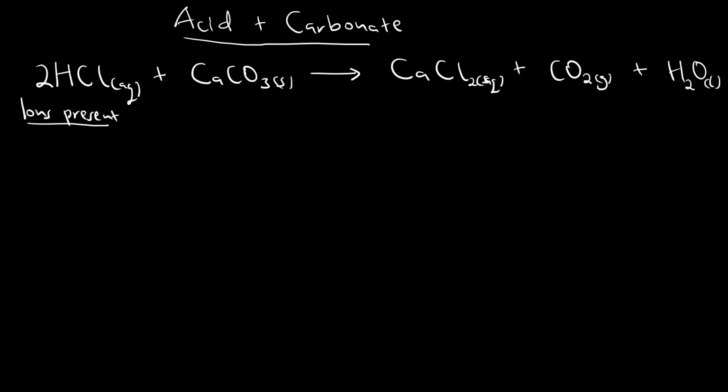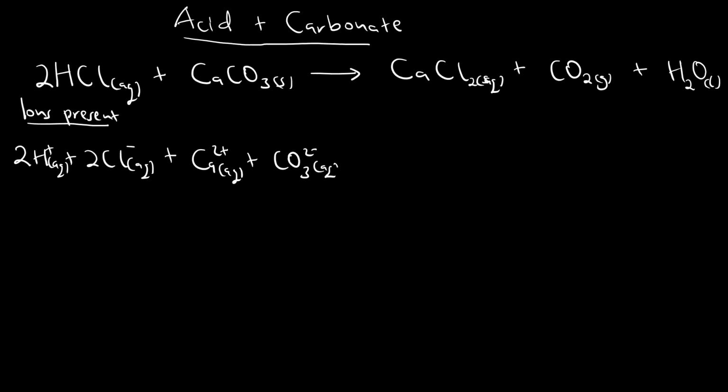So hydrochloric acid, just like we have seen for the previous preparation of hydrogen, we shall have 2 hydrogen ions, aqueous, plus 2 chloride ions, aqueous. The calcium carbonate, we shall also have calcium ions into solution, aqueous, plus the carbonate ions, also aqueous, to form our calcium chloride, which is a soluble salt. Now calcium valence 2, so Ca 2+ aqueous, plus 2 chloride ions in the calcium chloride, valence 1 aqueous, plus